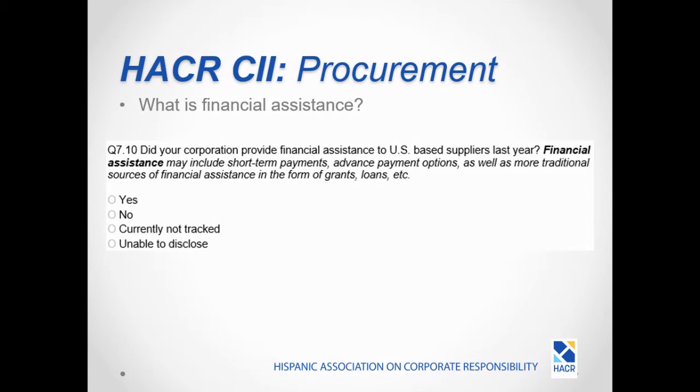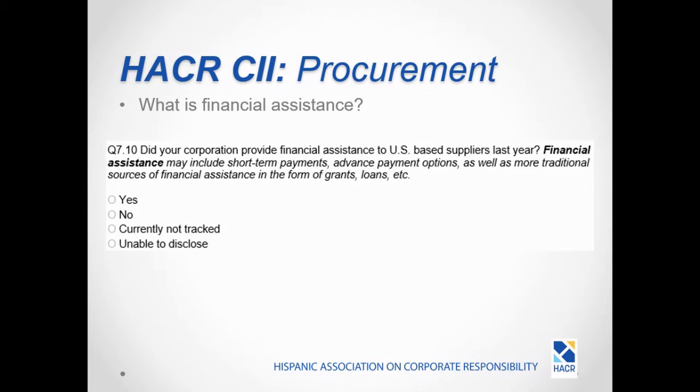If you were to pay for that course or certificate, or provide a grant or a loan for that company to take or get this loan or course or certificate, that would count as financial assistance. Another example would be, if you normally have quarterly payment terms with your contractors, and you're willing to negotiate advance payment options for diverse suppliers, that also alleviates those suppliers' financial burden in the moment because they can receive that money in advance. You're not necessarily paying them more, giving them more money. You're just changing how and when they get that money, and that can also count as financial assistance to these